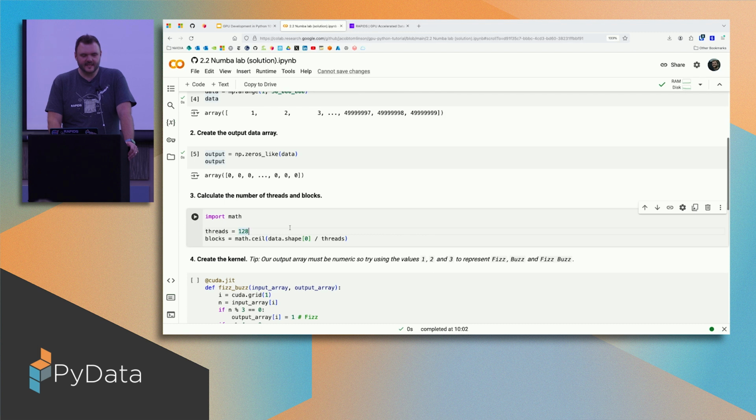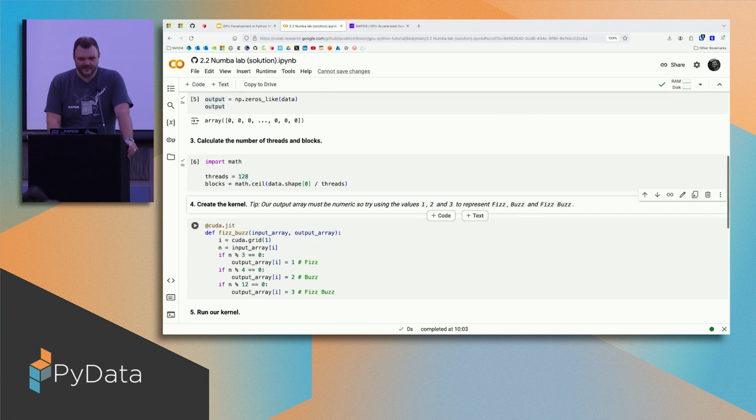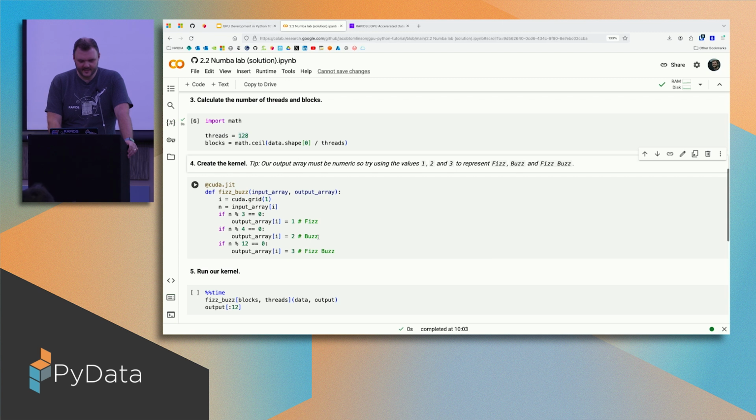We're now going to calculate how many threads and blocks we need. So I've got 50 million elements. I need my function to be called 50 million times. And so I just need to take the shape of my data, divide it by the number of threads that I want in each block, and that will give me how many blocks I need to run over that. So if I calculate that, and then I've got my implementation here,